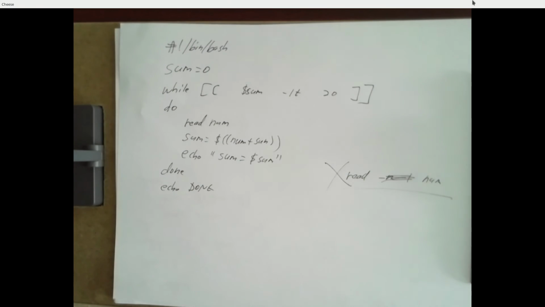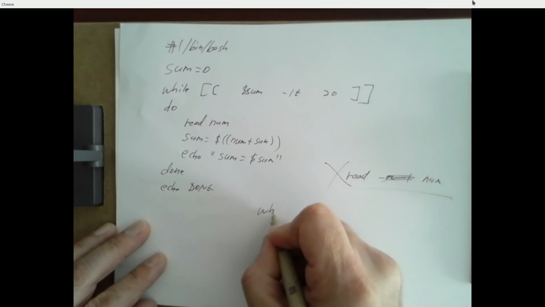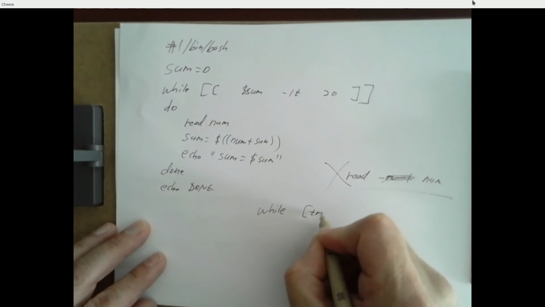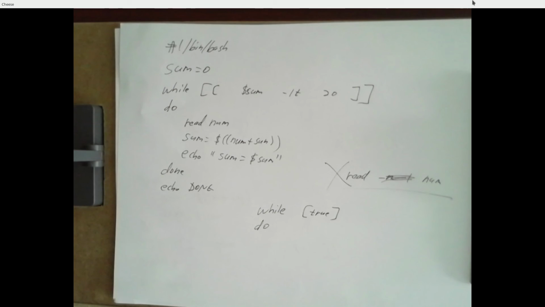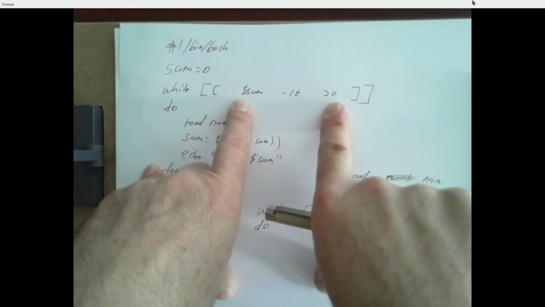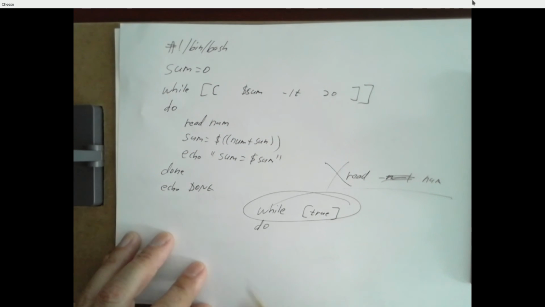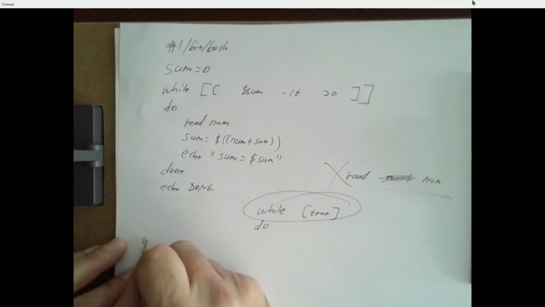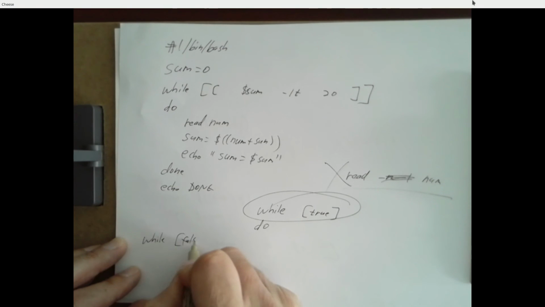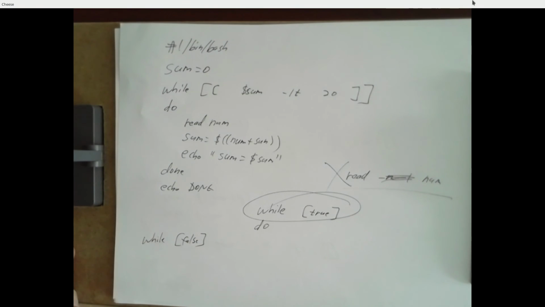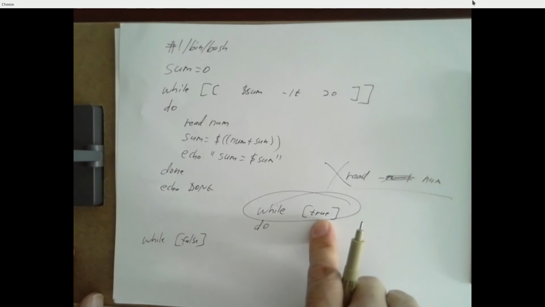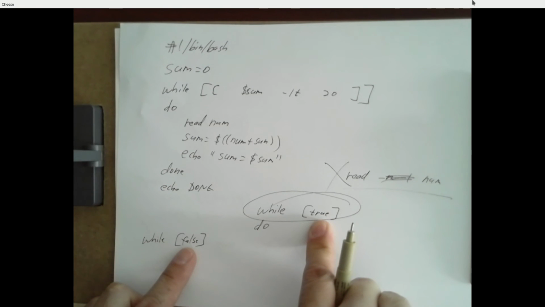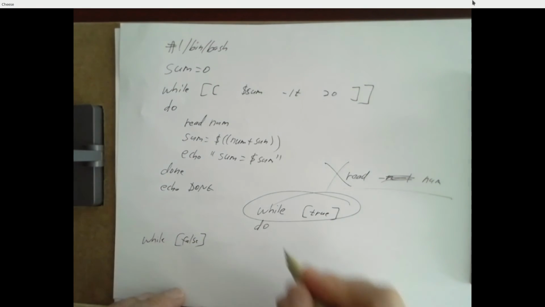Again, things that people did that I'm not sure they necessarily knew. So one person did this, while [ true ], and then inside the while loop they did this test with an if and they did a break, right? Well, this does work for an infinite loop, but this also works for an infinite loop, right? It's not actually looking at this and saying this is true, so I'm going to loop, right? Because it's called true. It's actually looking at it and it's saying, well, it's not missing, it's not blank, so it's true. Right? So if you're doing something like this, make sure you know what you're doing and why it